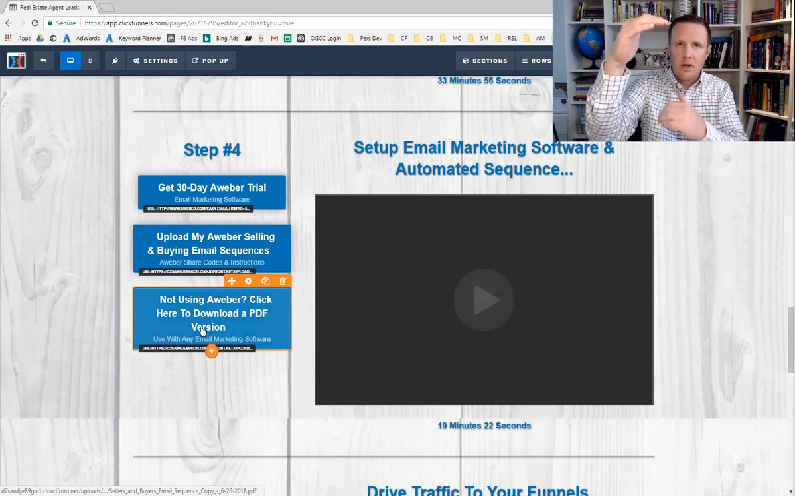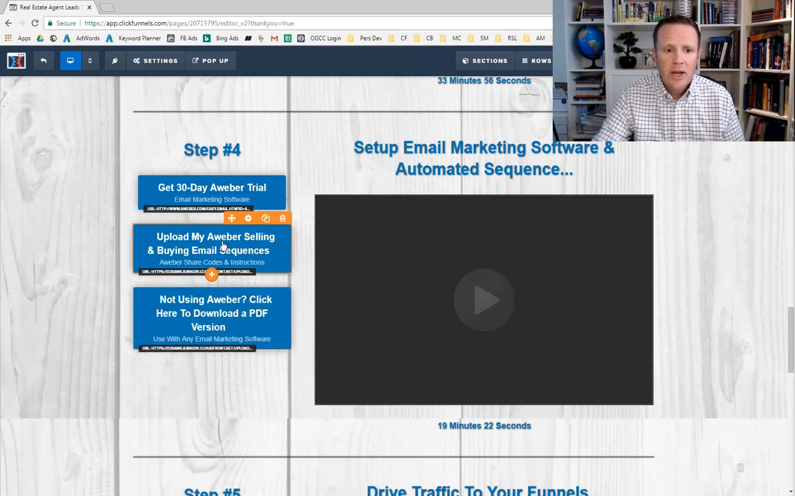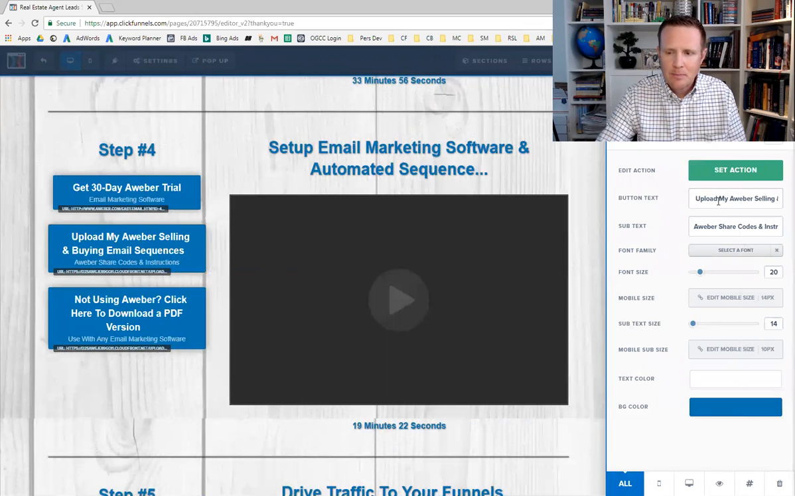There's a section for sellers, a section for buyers. If you are using Aweber, similar to ClickFunnels that has share funnels, Aweber has share follow-up sequences. So this is really cool. If you got your trial here or you're already using Aweber, you can click onto this button here. And it's going to go ahead and open up for you